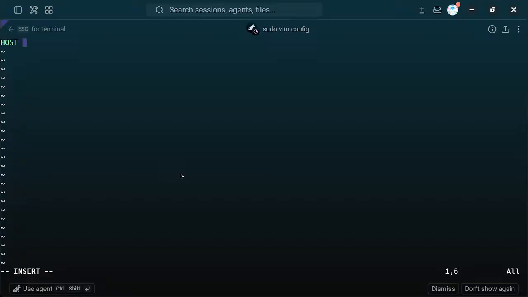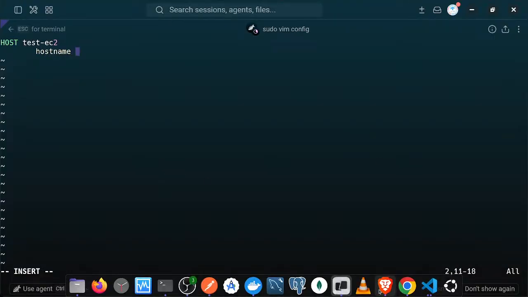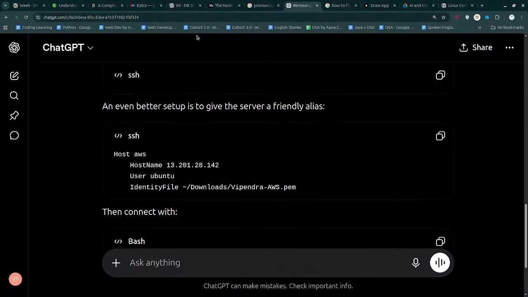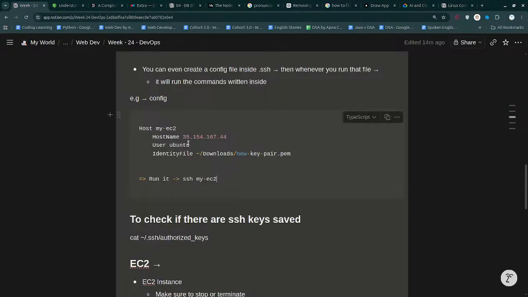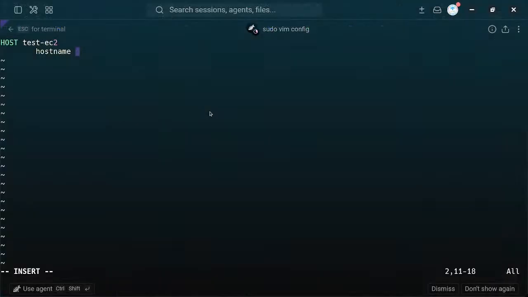Host, that's gonna be test EC2 that we have created, and just below this, what are we gonna have? We will have host name. Hopefully that's right. Let me just simply have a look at this. We'll have host name, user, and identity file, and that is it. The job will be done. So we are gonna have